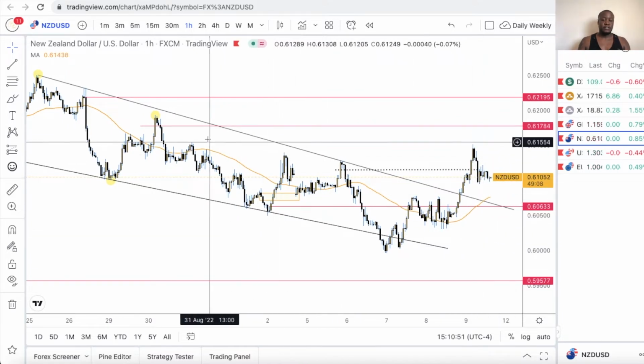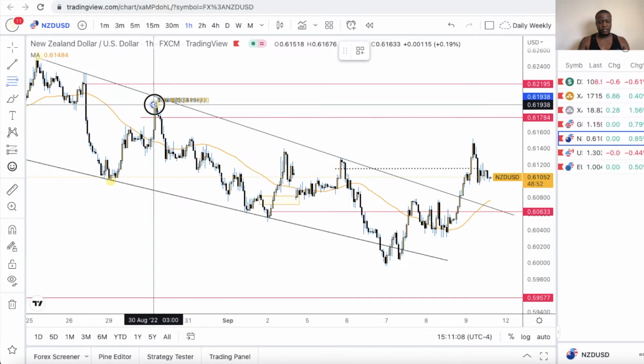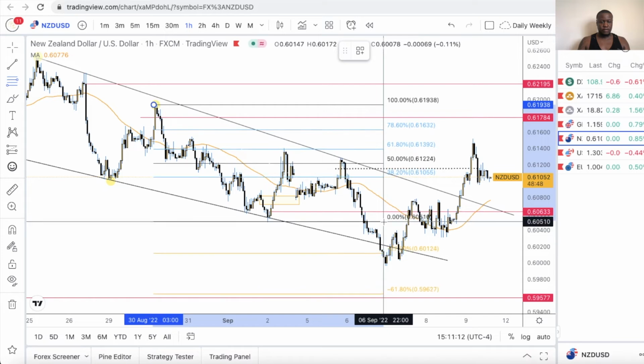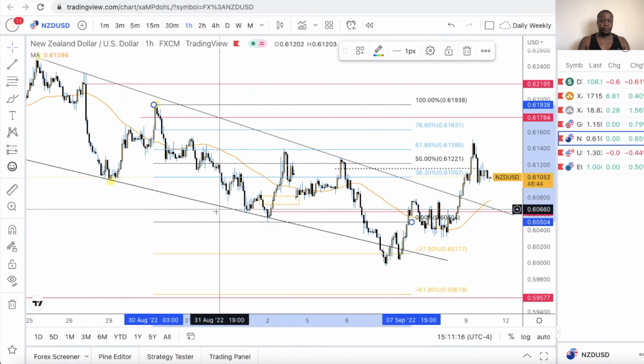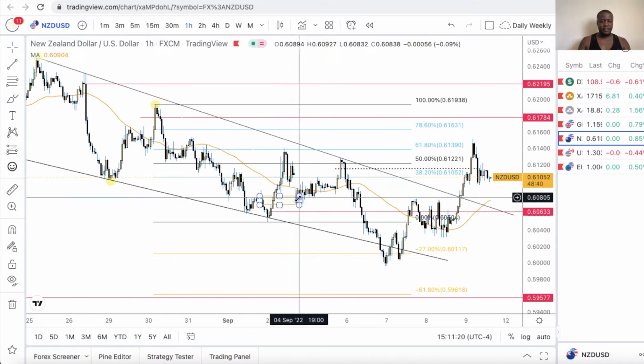What I said was likely to happen was price was going to reject around here, which it did, and I was going to take off partials around here, which I did. So let me throw on the Fibonacci for you guys to show you the exact setup. So high to low. Right on Sunday when the market gapped down,